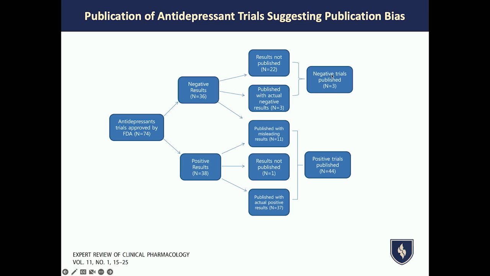Only 3 of the negative trials were published, and 44 positive trials were published. This is just how studies are sometimes re-hacked with secondary outcomes and other variables, so you can get more studies published out of them. So you have 44 positive trials and 3 negative. Now, why do these other negative studies not get published? Because the study is negative, so the pharmaceutical companies that ran these trials decided not to publish.